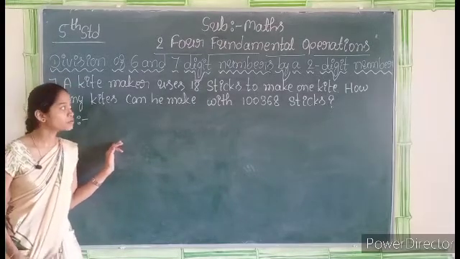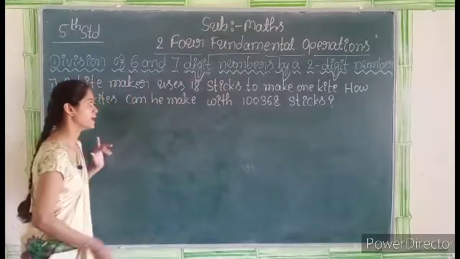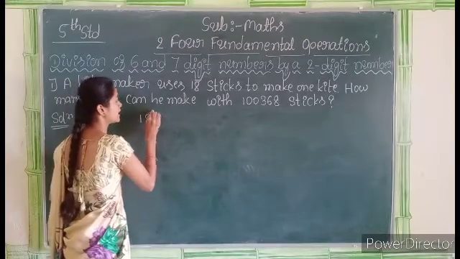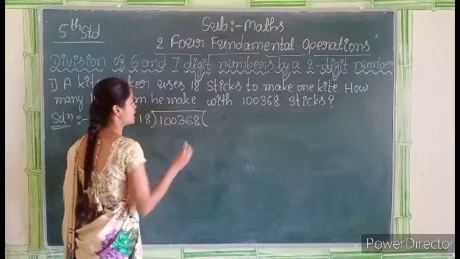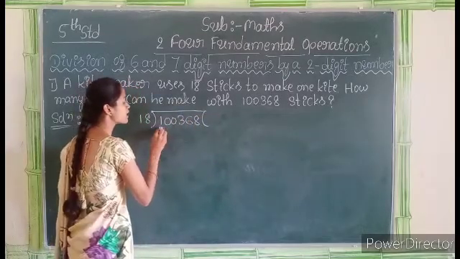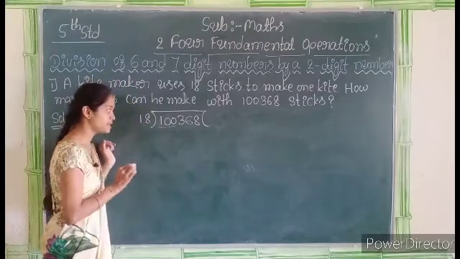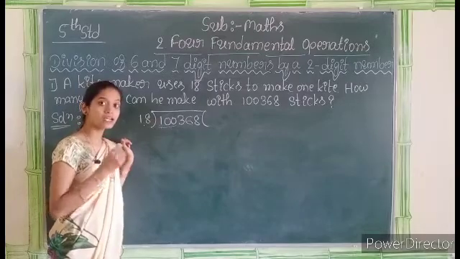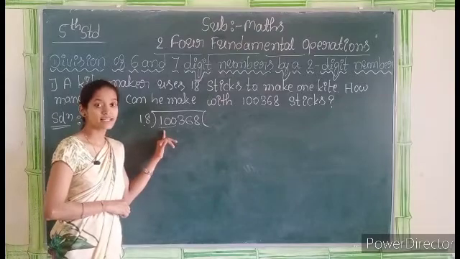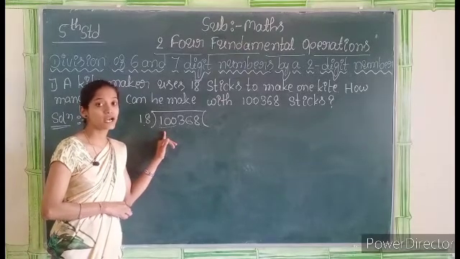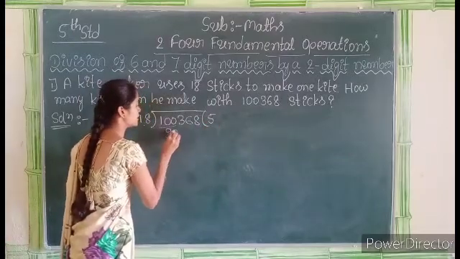1,368 sticks? For that we have to divide 1,368 by this 18. 18 as a divisor, 1,368 is dividend. Okay, here we have to consider 3 leftmost digit of the dividend. 18 5s are 90, 18 6s are 108. That 108 is greater than this 100. That's why we have to consider 18 5s are 90, 5 as quotient, then 90.